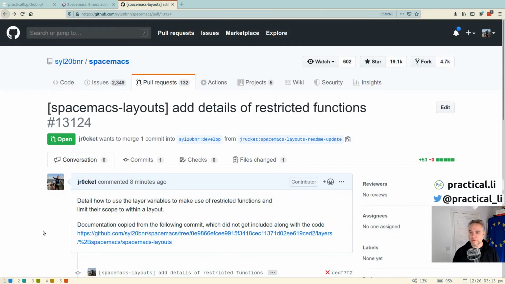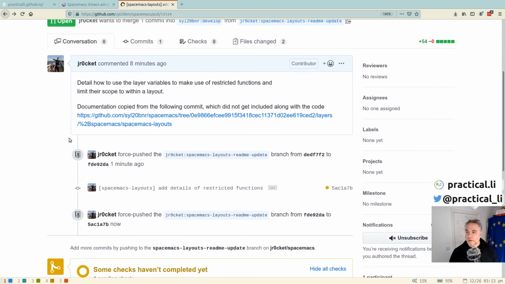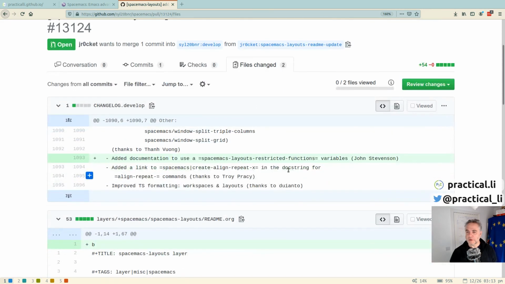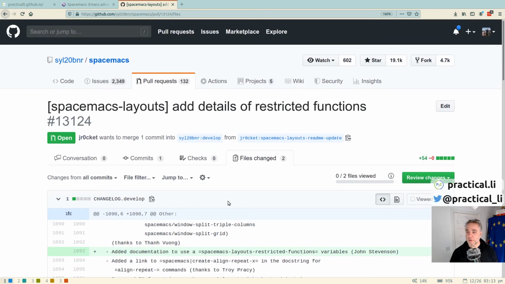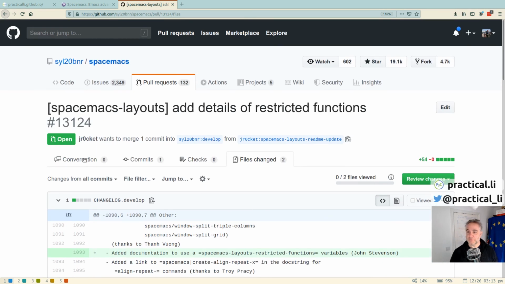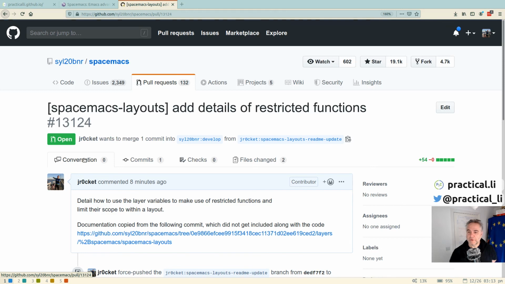And if we go back to our commit on our pull request on GitHub, we can see now we've got files changed, which is 2. So we've added documentation in here to the changelog develop, as well as the actual documentation itself in our README org. And that's it. And now we just have to wait for the maintainers to have a look at it, and hopefully that will get accepted and make it easier for people to use